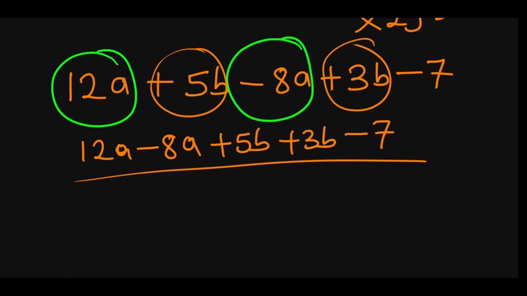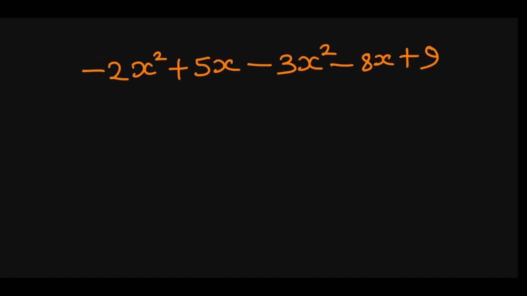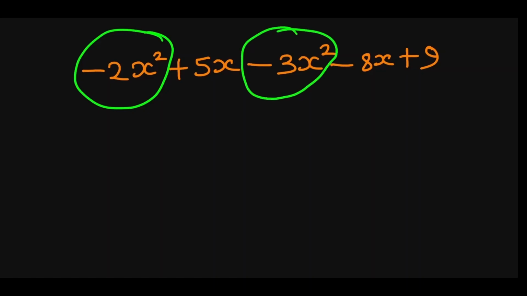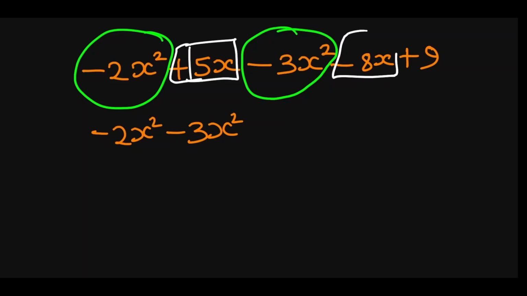Let's take another example. Now, an example slightly harder with powers. The first term has x squared. The other term is another one with x squared. That's all, no other x squared. So we'll write minus 2x squared, then pick this one, minus 3x squared. Then the next one is 5x here. Sorry, plus 5x. Let me not forget the operator. Minus 8x. So that's the next one we will write. Plus 5x minus 8x. Then what is left is plus 9.